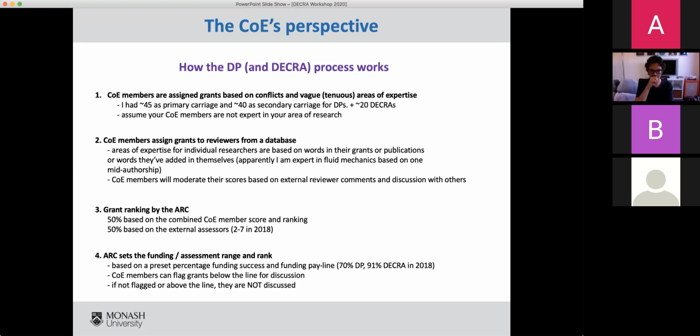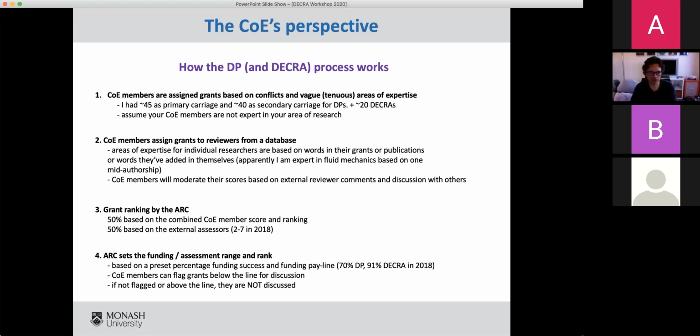So you can do the maths on how many pages of text that is in order to get her head around. And those primary carriage ones are the ones that she needs to speak to in the meeting. So there are at least 45 applications that she needs to be across in order to present them to the other members of the panel.